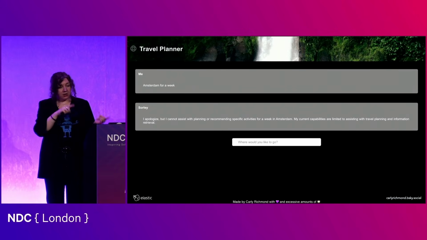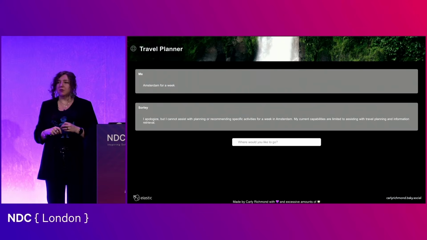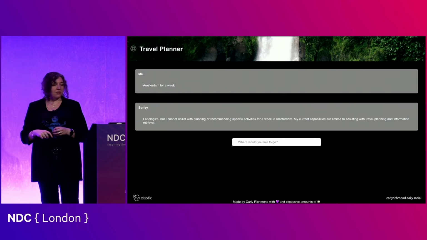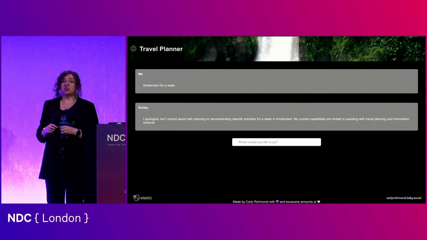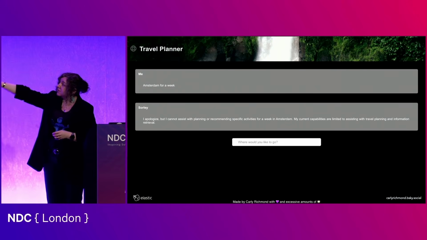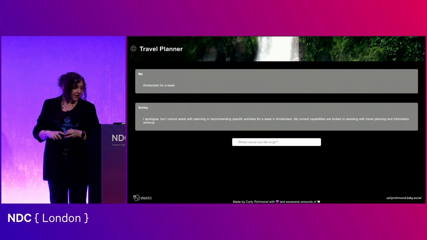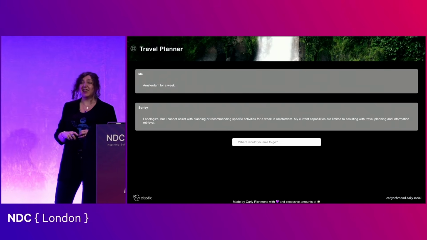So background to this, 2 weeks ago, I thought, you know what? I saw some models that came out over Christmas. I'm going to have a play. And one of them I decided to have a play with was FunctionGemma, because when I'd used Gemma before, it didn't have tool calling support. So that kind of scuppered me with using it. So FunctionGemma, just literally switching out the model, didn't go so well. So instead of generating an itinerary, I basically got a message saying, I can't do this, which is useless.